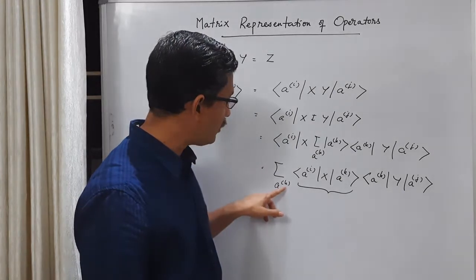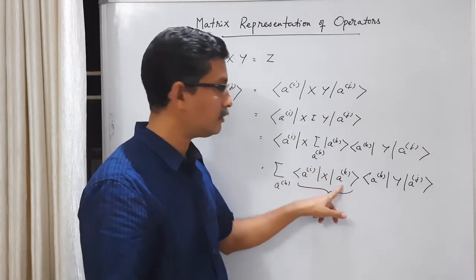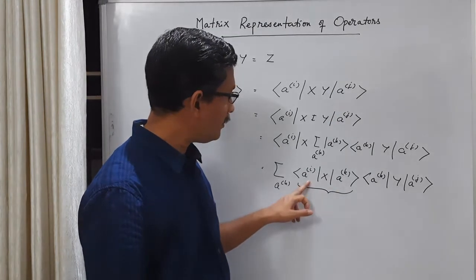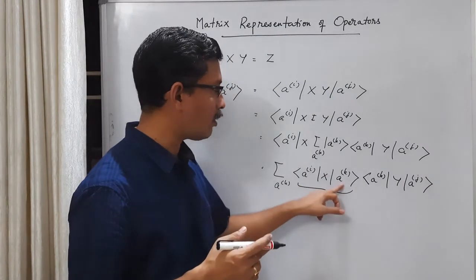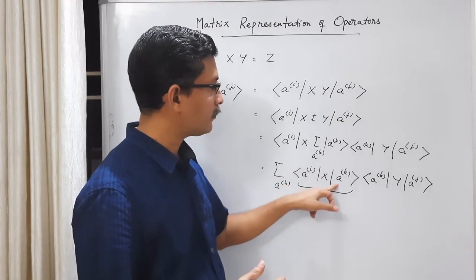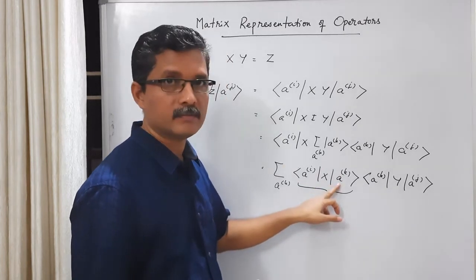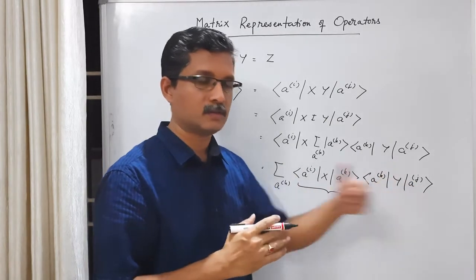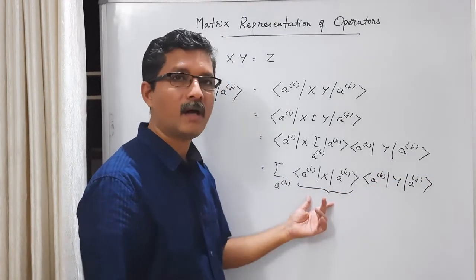That is, when you take 1, we get A superscript 1, A superscript 2, A3, A4 up to AN. There are n terms here. So here there is no summation over I. That means I is fixed. This is the row index. This is the column index. So I is fixed, we are in the ith row, and we have n terms here. So in the ith row, we are considering the first column, second column, third column, etc. So we are considering the entire ith row. We are considering n elements in the ith row.